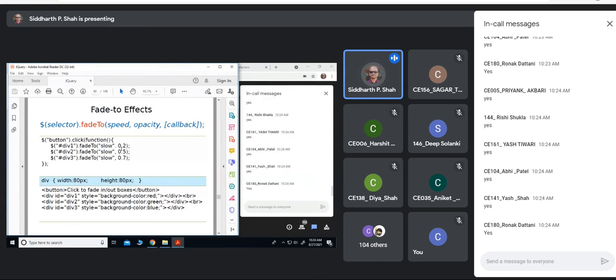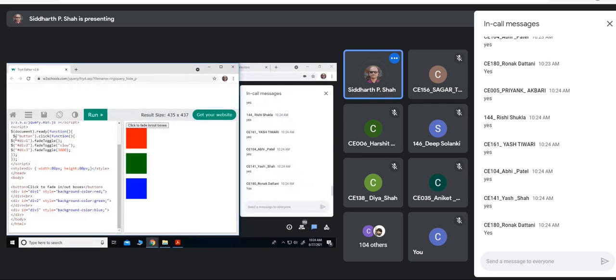Fade to, basically, will take three parameters: speed, opacity, and callback. Till now we have seen that it took two parameters, speed and callback only, but now this will take three parameters, and the third one is optional. Opacity means how much fade you want. So let's take this example, and you'll get the understanding.